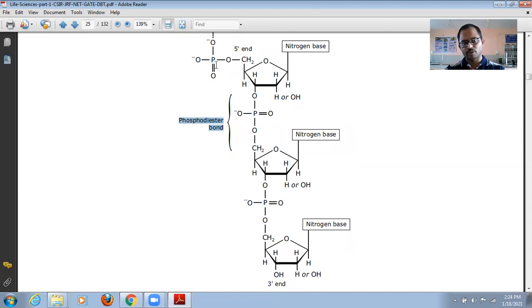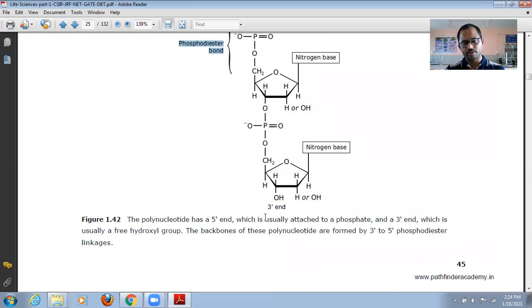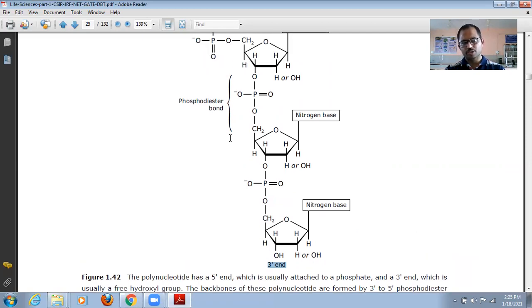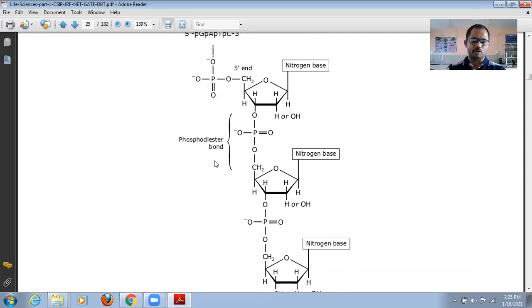Again, as I told you, this one is the 5' end and this one is the 3' end of the DNA or RNA. Here this hydroxyl group is important, which is the growing chain or growing end of the nucleic acid. Here again another nucleotide is going to join, and they are going to form a chain of the DNA as well as the RNA. In this way, phosphodiester bonds form, and they continue the formation of either DNA or RNA. Okay, so I hope all of you understand these basic things.